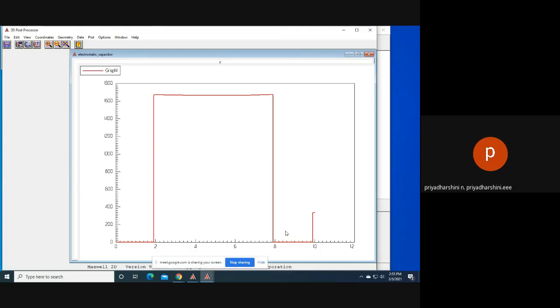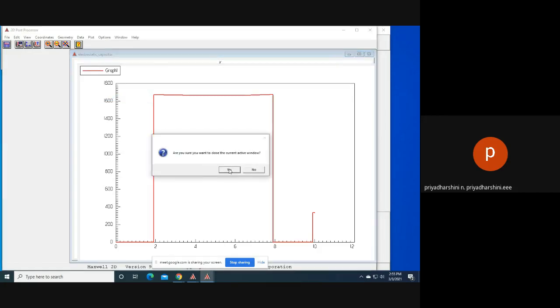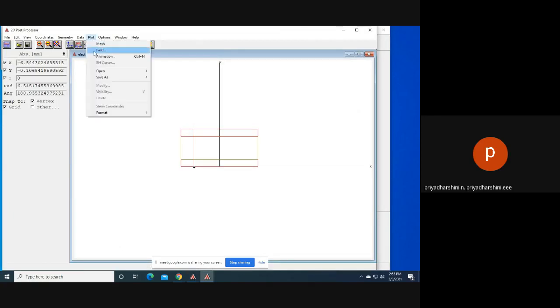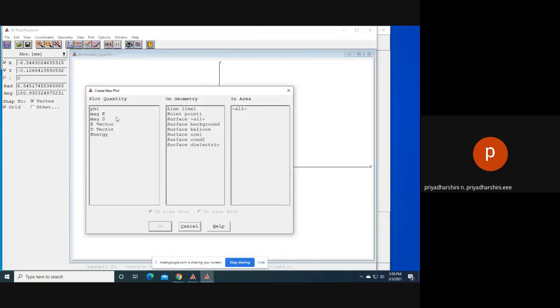So E inside the conductor is 0, and after the conductor you will have mica, you will have constant E, and then you will have a 0 E. Like this we can analyze n number of plots here. So I have analyzed flux distribution, magnitude of E vector, D vector, and energy also we can analyze.